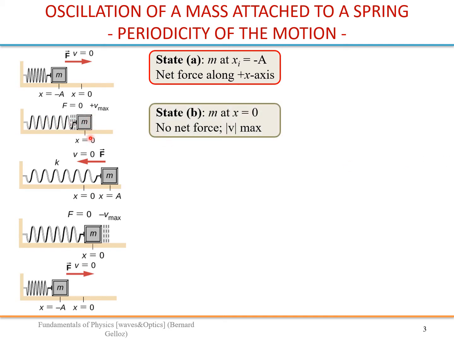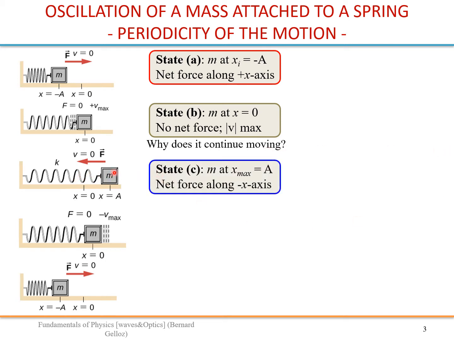At some point it will reach the position where the system is in equilibrium. So here there is no force now. But the velocity, the speed, is non-zero, and we will see that it is at its maximum here. Due to inertia, this system will continue to move, even though there is no force on it. It will continue to move to the right. So that is why it is continuing. It has inertia.